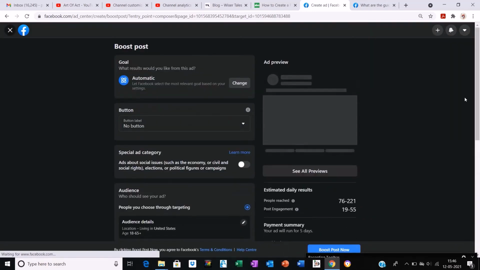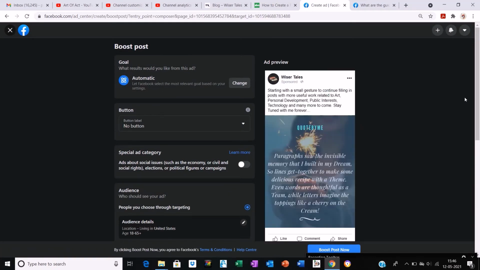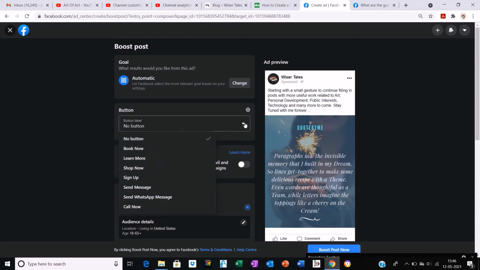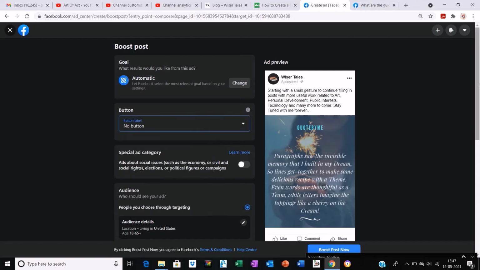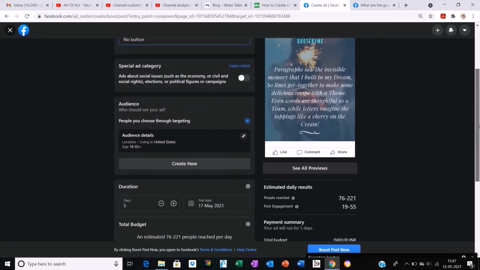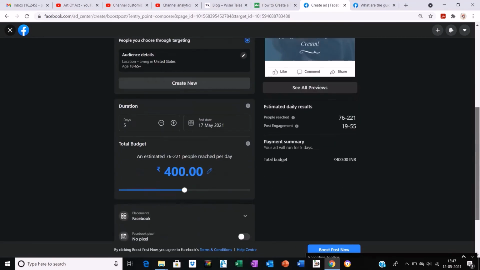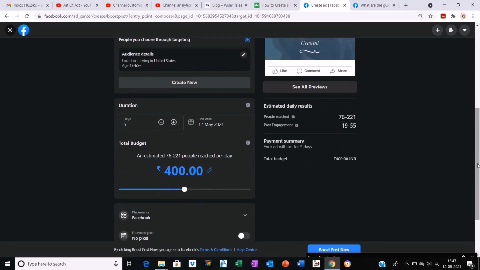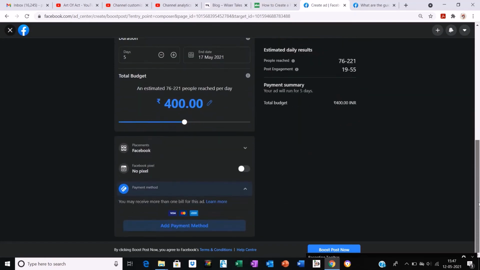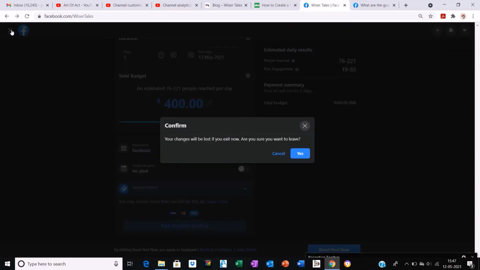This boost post, you can do it later. For now, you can just close this window or this pop-up. I am just showing this so as to know it informatively.